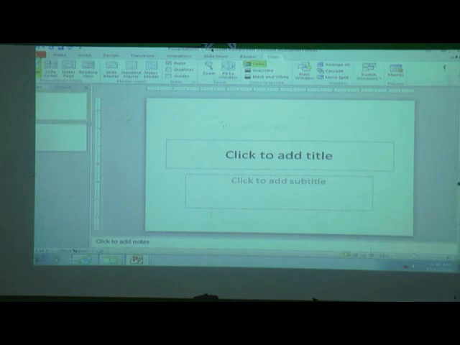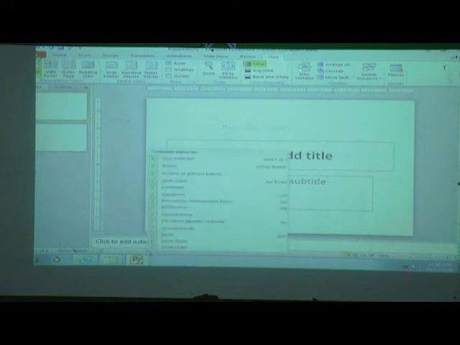How many slides are there? 2. But where are we now? On the first slide. Then 1 of 2 and Office theme. And Customize Status Bar: when we click on the status bar, then we can see the different menus here.